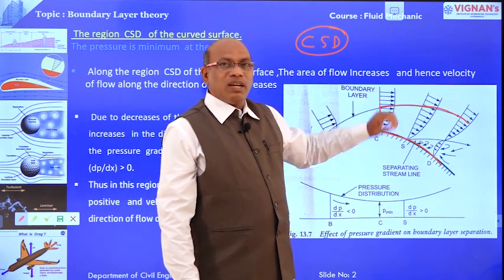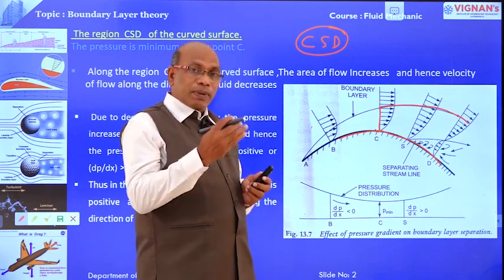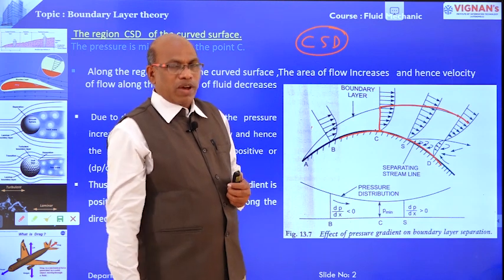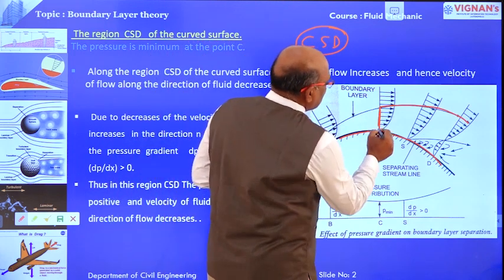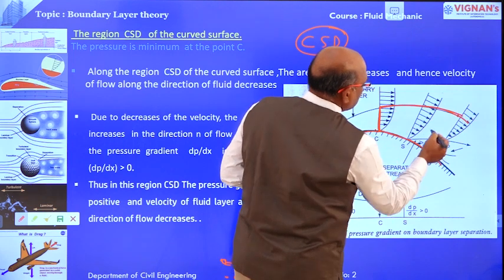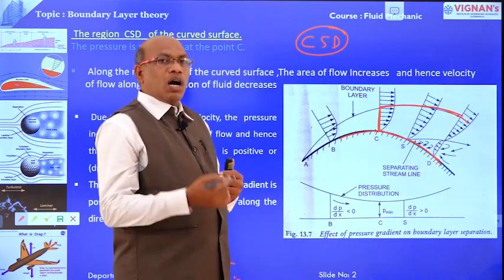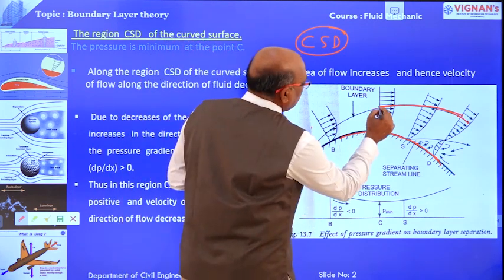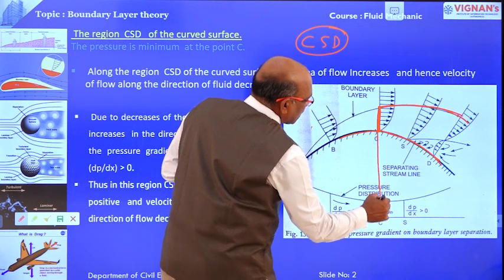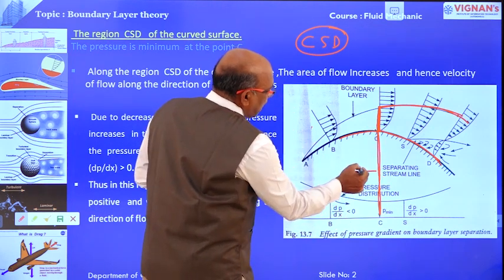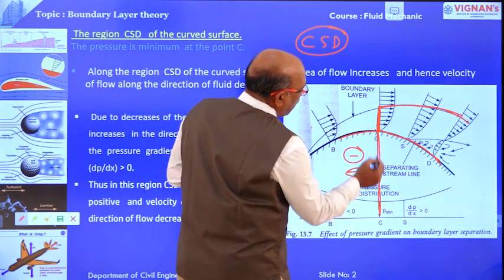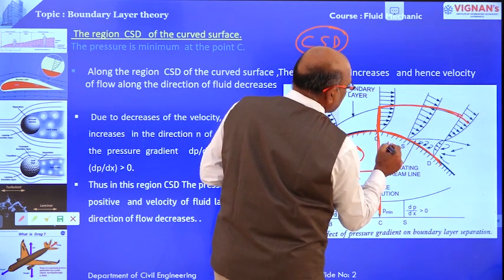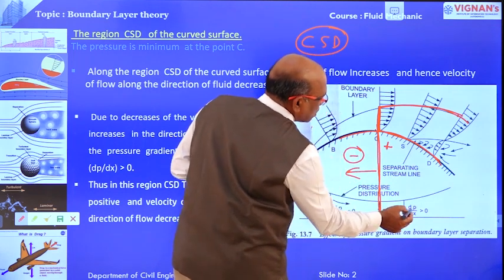Cross-sectional area increases, velocity reduces, automatically the pressure gradually increases and reaches a maximum value. In this case, as the cross-sectional area increases, velocity reduces, and pressure increases, then the pressure gradient dP by dx is also a positive value. So at point C, the pressure is minimum, and on this side the pressure is a negative value. From point C to point S the pressure increases